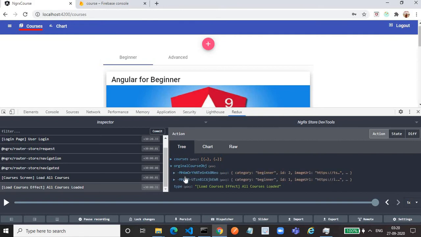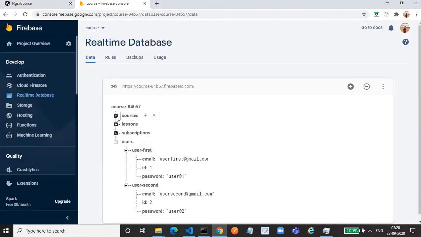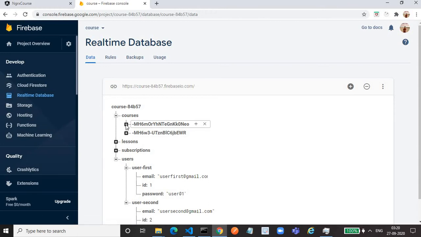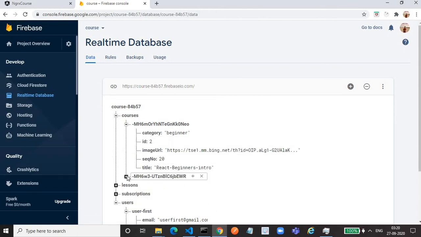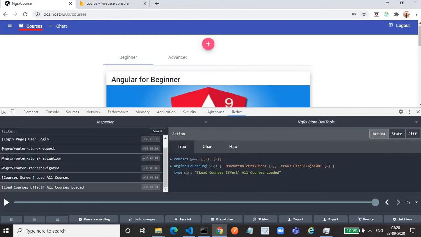But as we are using Firebase, you get the data in the form of an object: key then course, key then course. If I go to my Firebase, for the courses you see this is the key, and for this key the course is this one, then key, then course is this one. So you get an object having key-value pairs. That object I also need to store in my store so that I can manipulate this data. These are the two actions to fetch the data related to the course. This will come later.